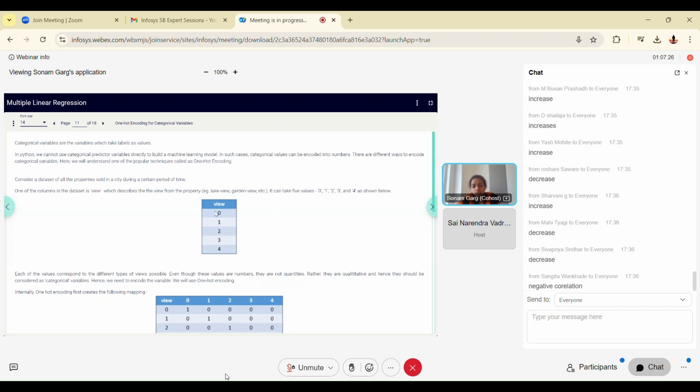But see, though these are represented in the form of numbers, 0, 1, 2, 3, 4, don't you think they are still categories? 0 is representing something, 4 is representing something. It's just my way of taking it. I have taken lake view as 0, garden view as 1. Somebody else can take it in a different variation, isn't it? You can take it 4, 3, 2, 1, 0 from top to bottom, or reverse, or randomize it. So there can be different ways. These represent categories and not the actual numbers. Are you agreeing with me?